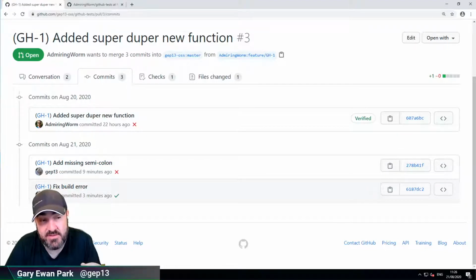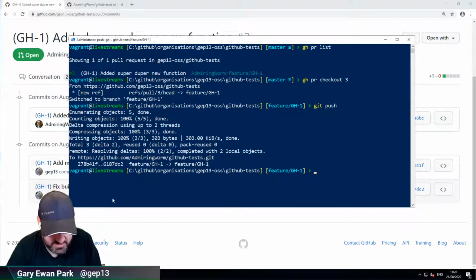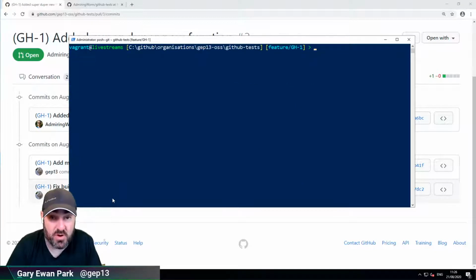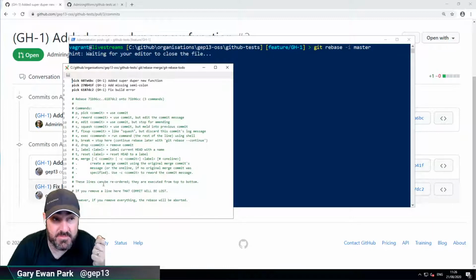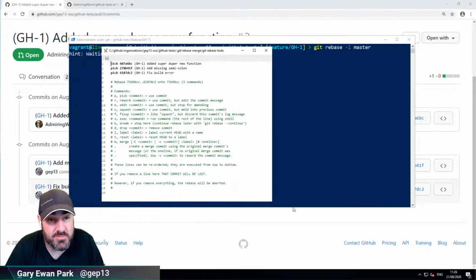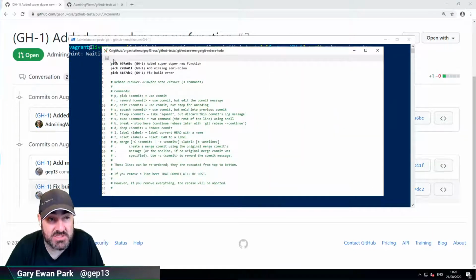So I want a logical commit that has all of the work that went into adding that super duper function. So what I'm going to do now is use the rebase command, and I'm going to do that interactively. So I'm going to do git rebase -i on the master branch. So what I'm going to have the ability to do now is make changes to say that, okay,